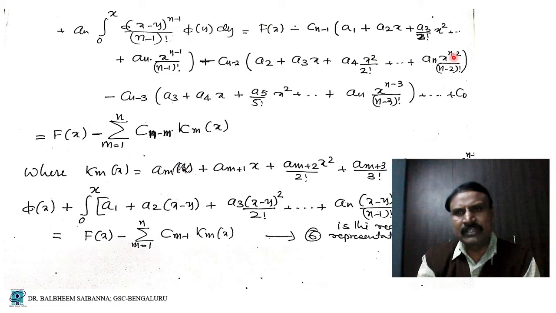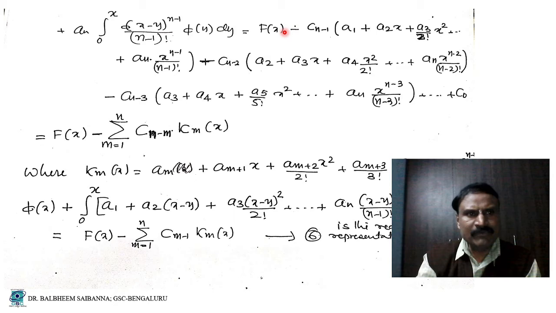an x to the power of n minus 2 divided by n minus 2 factorial. Minus c n minus 3. Look here, a1, a2, a3. Then a2x is there, a3x is there, a4x. a3 plus a4x plus a5 by factorial x square plus and so on, an x to the power of n minus 3 divided by n minus 3 factorial plus and so on c naught. So this is equal to f of x as it is, all terms we write in the summation notation,